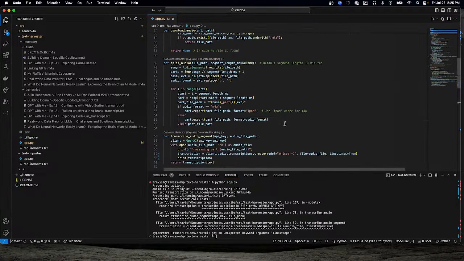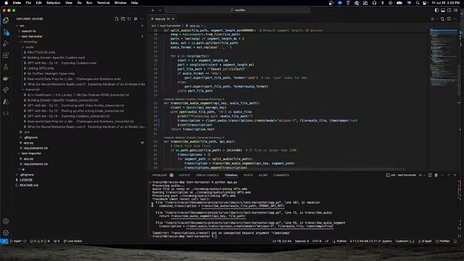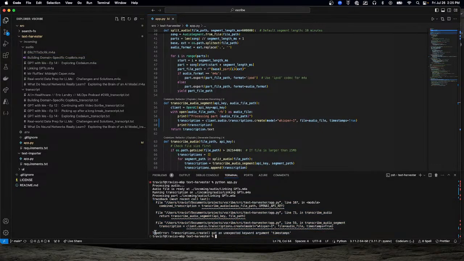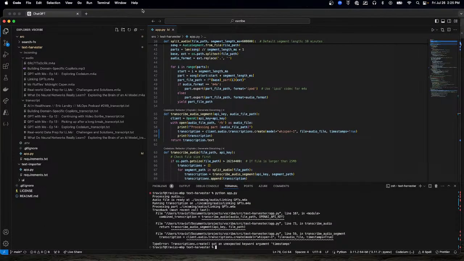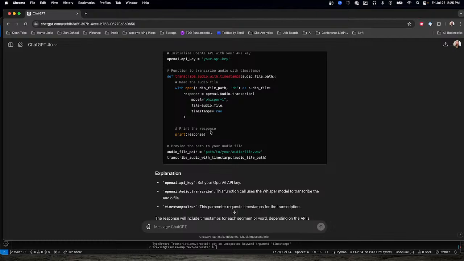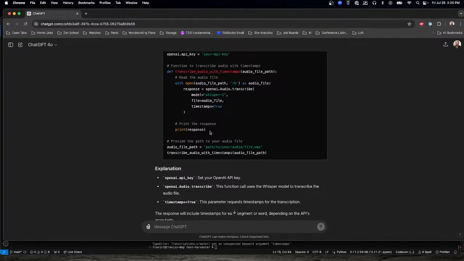Oh, okay, unexpected argument timestamps. Let's go check our output here. Model, oh, okay. OpenAI audio.transcribe.